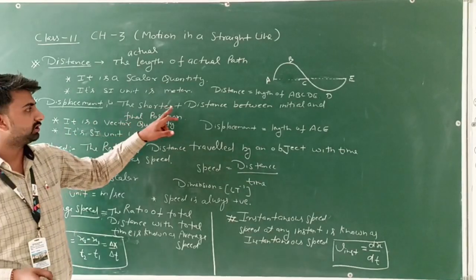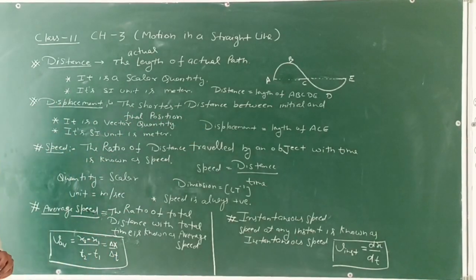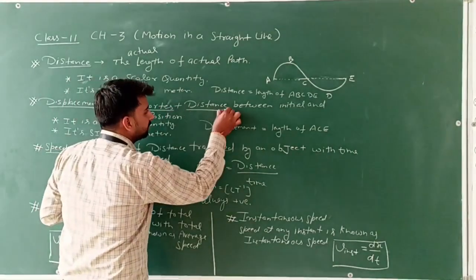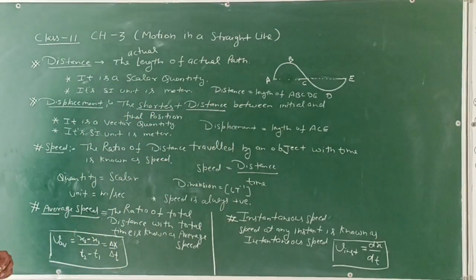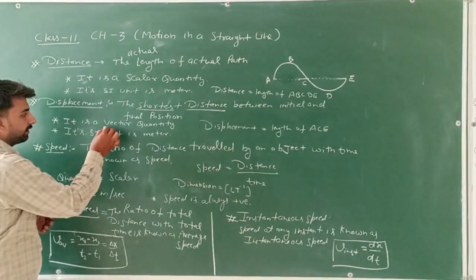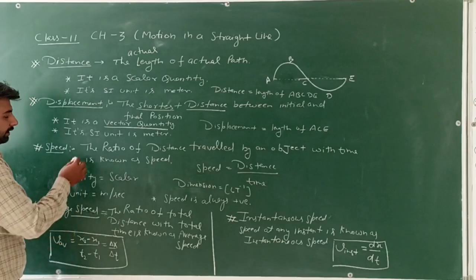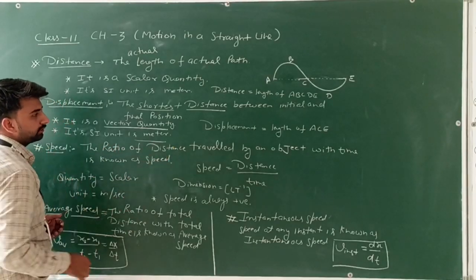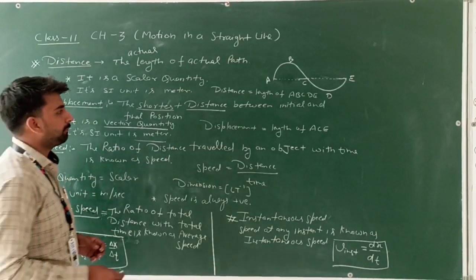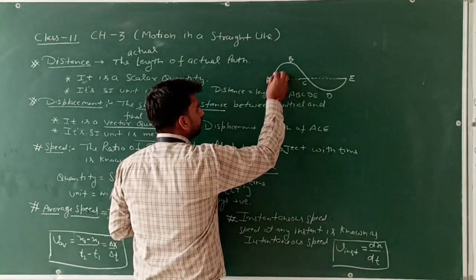The shortest distance between the initial and final position is known as displacement. Clear? Displacement is a vector quantity. The SI unit of displacement is meter. Clear? Now, if we have a particle P,